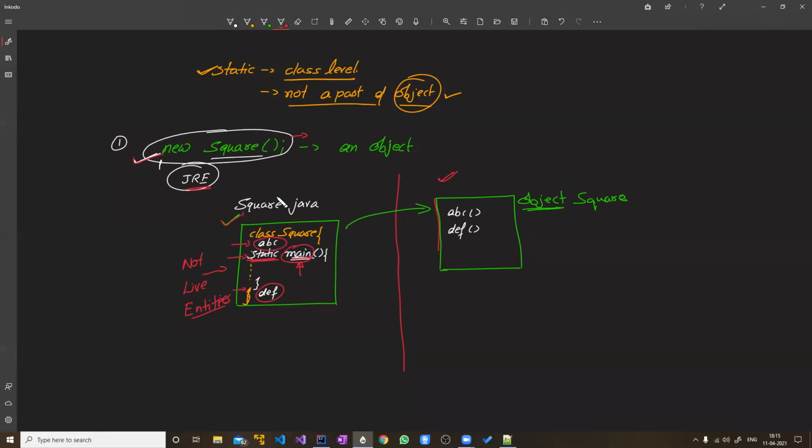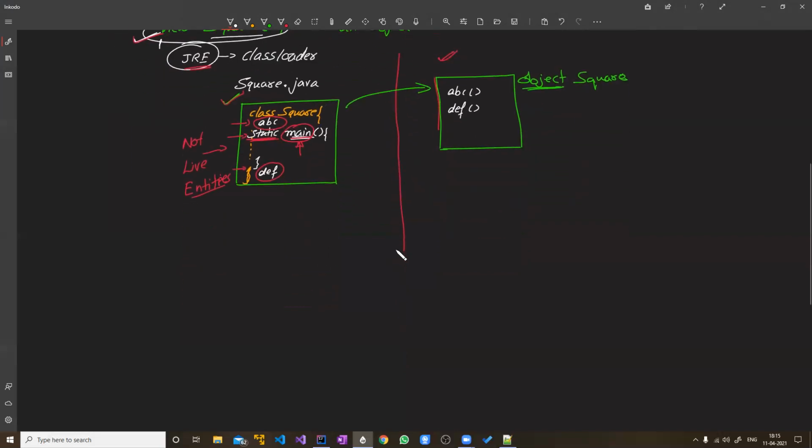When the class is loaded, right? There is a part of JRE called the class loader. What happens actually is when you create a Square.java class, after that you will have to execute it. In order to execute it, first you have to compile it. Now when you use IDEs like IntelliJ IDEA, you don't get to know all these things happening in the background. But normally a command called javac you will have to execute. Javac is nothing but, are you aware of this?